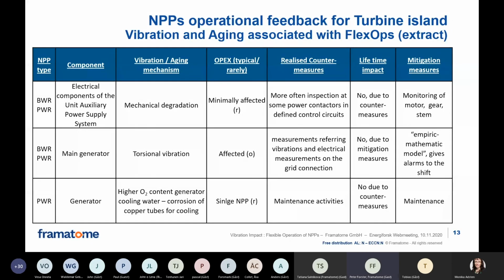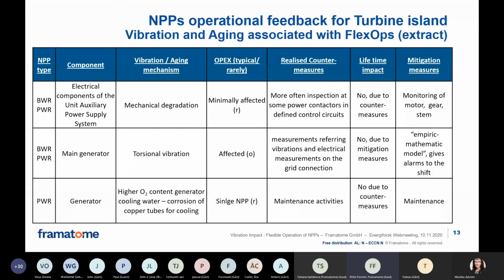Yes, we see the last from the turbine island, the electrical components of the unit, the auxiliary power supply. Some are facing mechanical degradation, which is quite rare. More often, inspection of these power conductors is performed. The lifetime impact is not so high due to these countermeasures, and monitoring of the gear, motor, and stem are